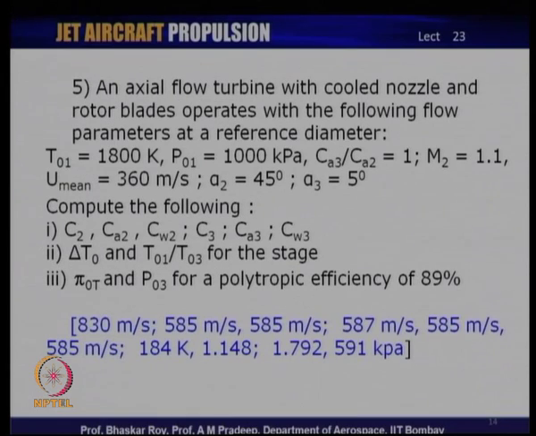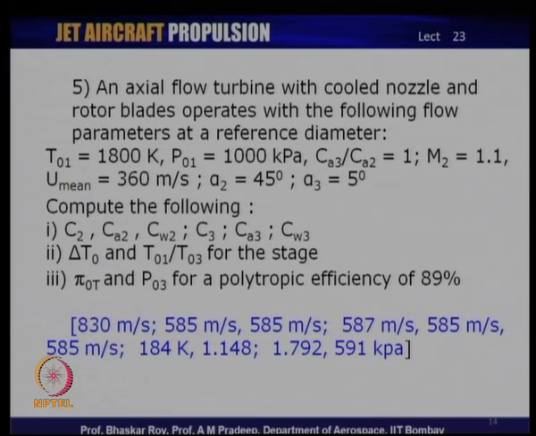The fifth problem that is prescribed to you is the axial flow turbine with cooled nozzle and rotor blades. That means, both nozzle and rotor are cooled, and it operates with the following flow parameters at the reference diameter, which is the mean. The entry temperature is a respectable modern temperature, that is 1800 K. The entry pressure is 1000 kilopascals. CA3 by CA2, as we have done in our problem, is equal to 1, that is